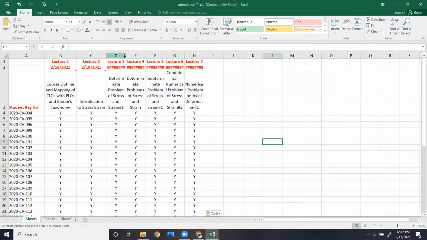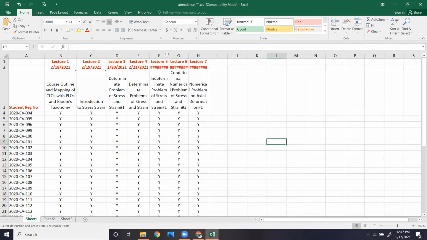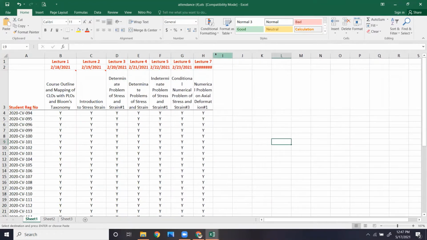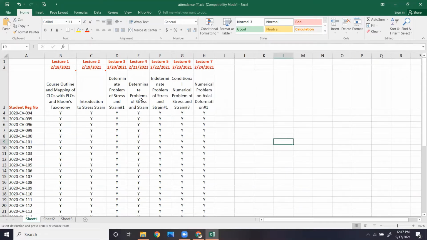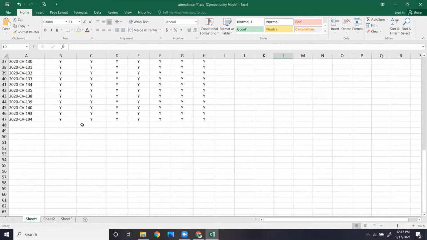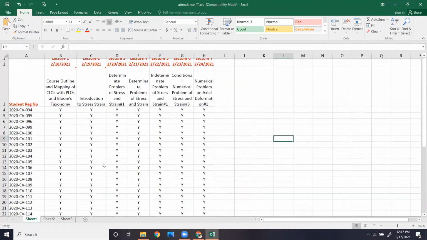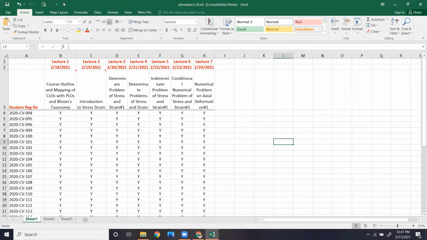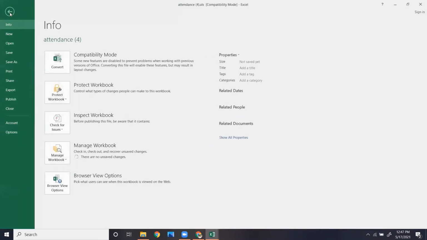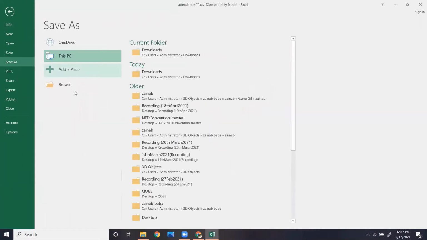Okay, now you can see I have student attendance and these are 7 lectures, and dates are there, course topics are here, and then the student attendance. So there is no need to do it one by one. You just need a single Excel file, so your time consumption will be reduced.